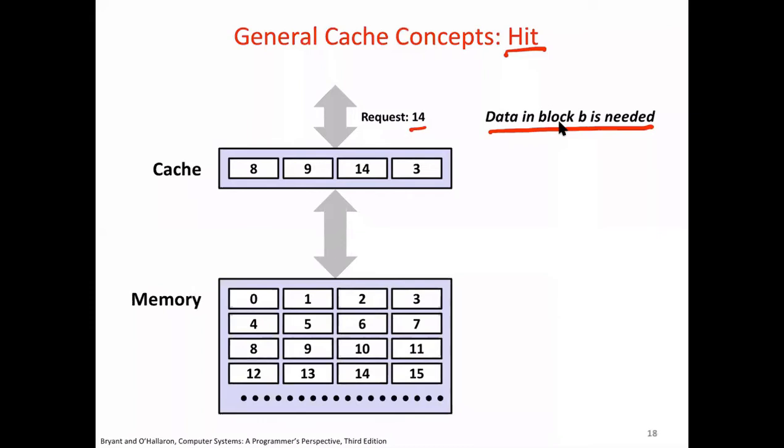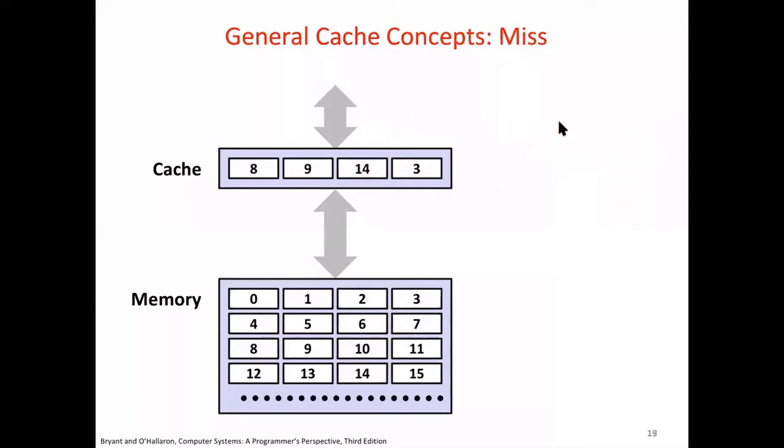The cache will check, because the request will come in terms of an address. Looking at that address that comes from the top, the cache checks whether it's available or not. If it's available, then there's a cache hit. So yes, it's there in one of the blocks. The block corresponding to data 14 is available, so it will be sent to the CPU. Now let's look at another request. Now a request comes for 12.